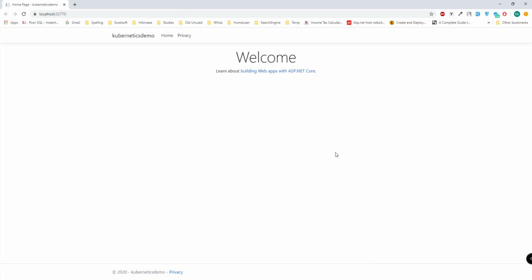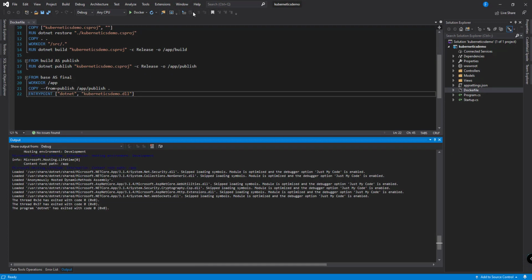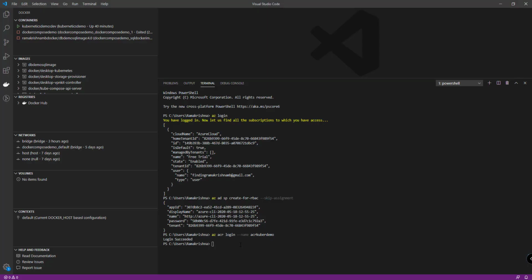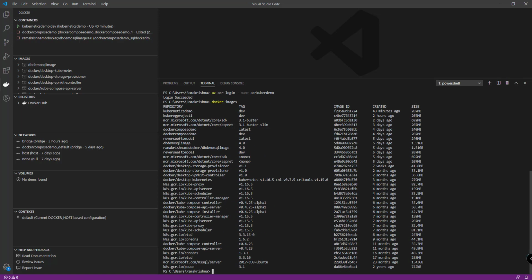So let us stop this and switch to our Visual Studio Code. Let us check the list of Docker images available. So we have our Kubernetes demo image with the dev tag here.